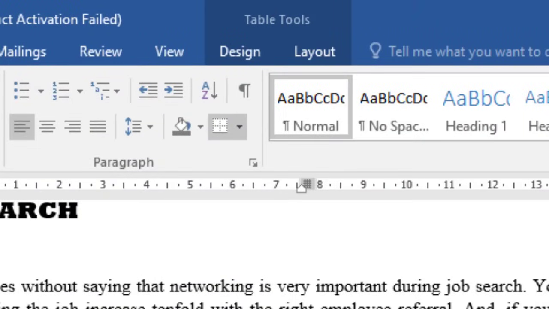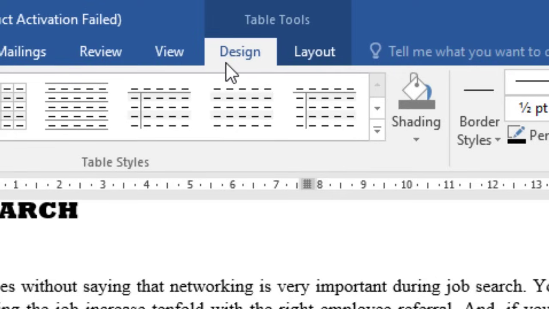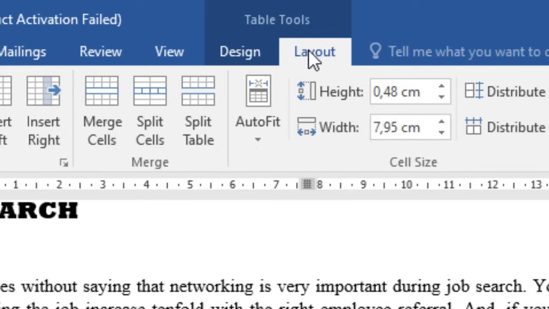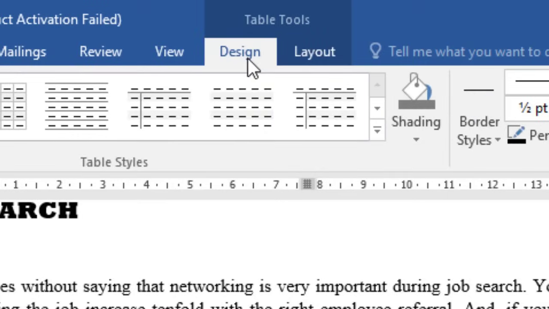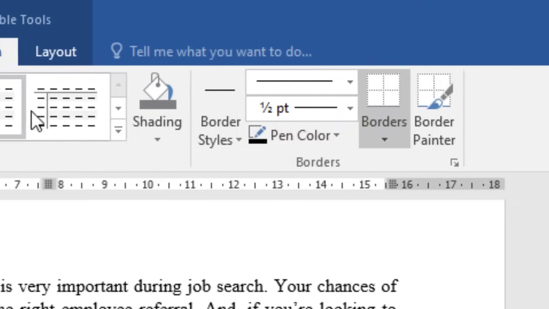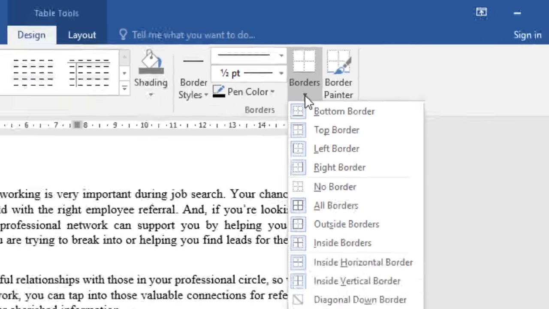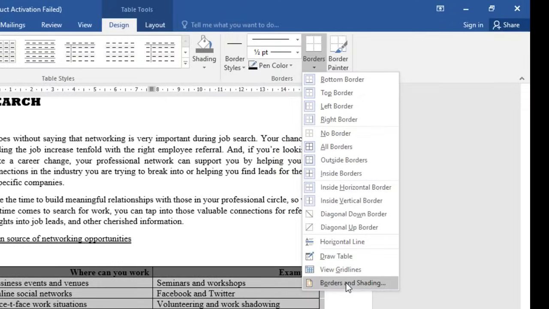So when you see that tool, make sure that your table is selected by the handle on the top left corner. So I did it just now. Now when you click either one of the two, when you click design, you'll find all the other things that you can use to edit the table. Okay, when you click layout, it's when now you're going to make changes to the borders and other things, the grid lines of the table and so on. So now I'm going to go to design because we need a double border around the table. Then I see border there, I click it, and then now you go to more there,